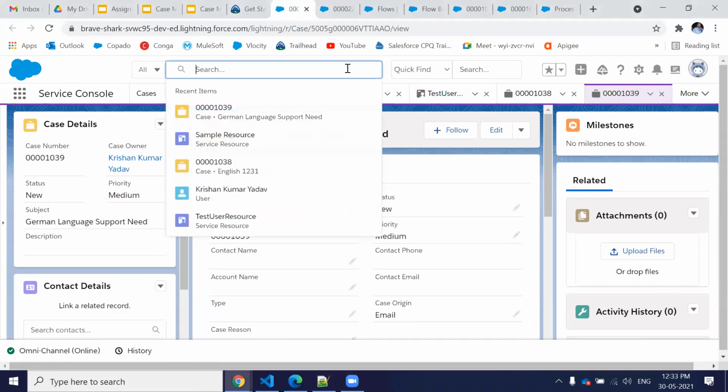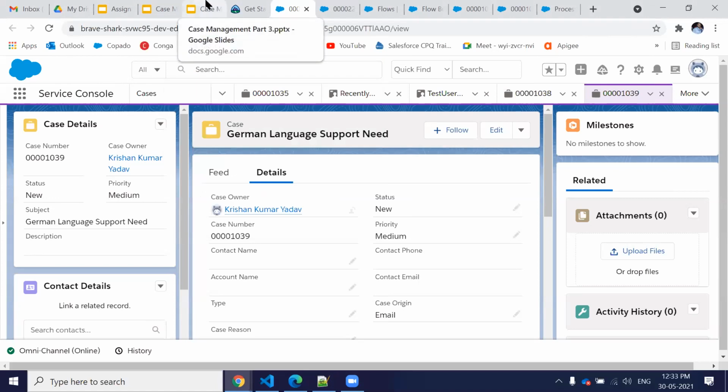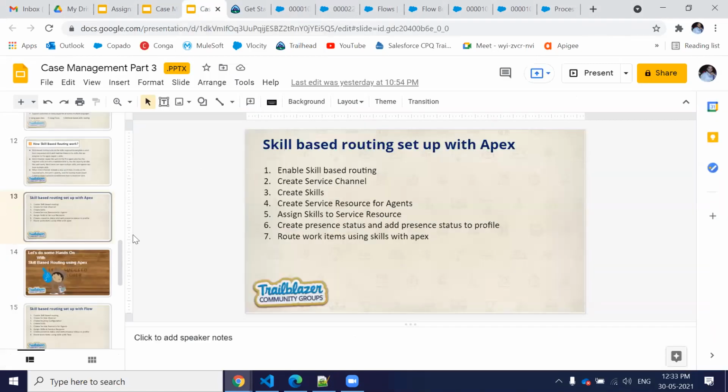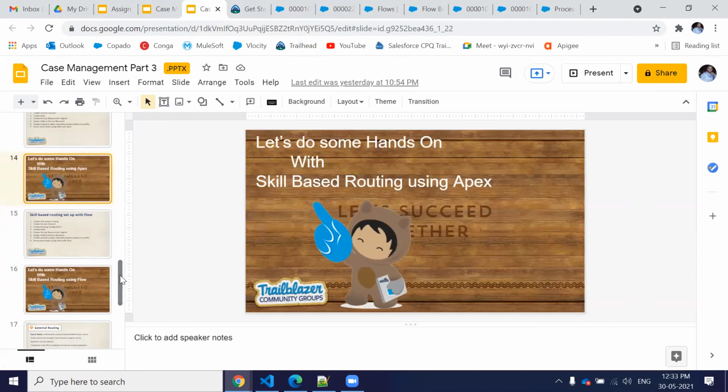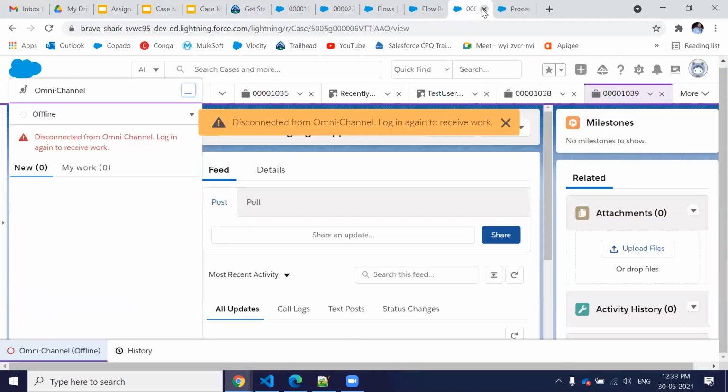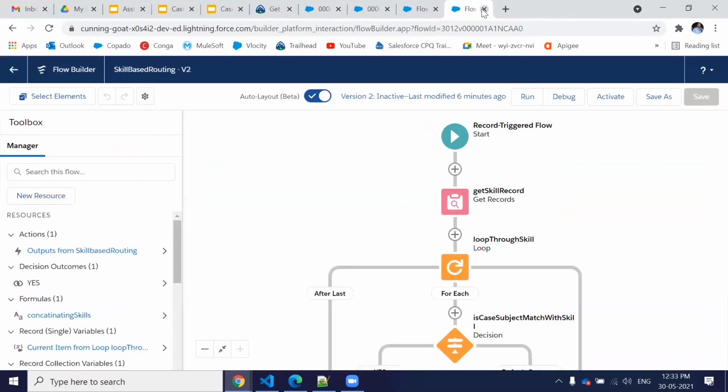Yeah, all this kind of problem we're going to take one more session, and in that time we're just going to solve the real-time issues. For this we need each and everyone to have a Salesforce org to support. If you try to do these hands-on and you face some kind of problem, then in that session we can take your queries. But if you are not doing this, then we are not here to support that. So if you can do it, then we are okay and we are here to support and help you.